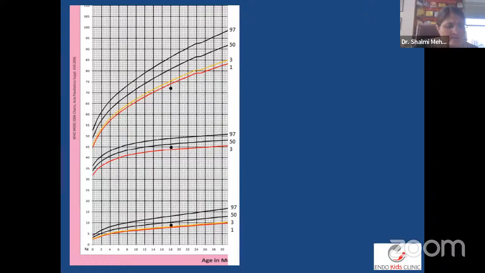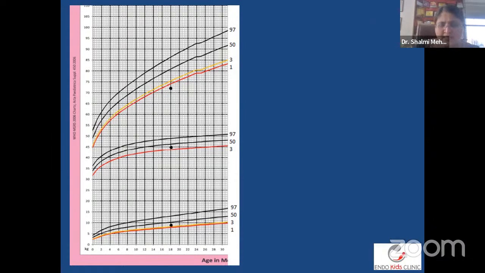Right? Now, I think as pediatrics, as somebody who deals with the pediatric patients so routinely, it's very, very important that we start using growth charts, because so many of our kids are having short stature, they have growth failures, or they're recovering from chronic conditions. So I would request all of you to start using growth charts. They are very, very easily available from the IAP websites, and everybody can use it. So the upper portion is the length, the middle is the head circumference, and the lower is the weight.